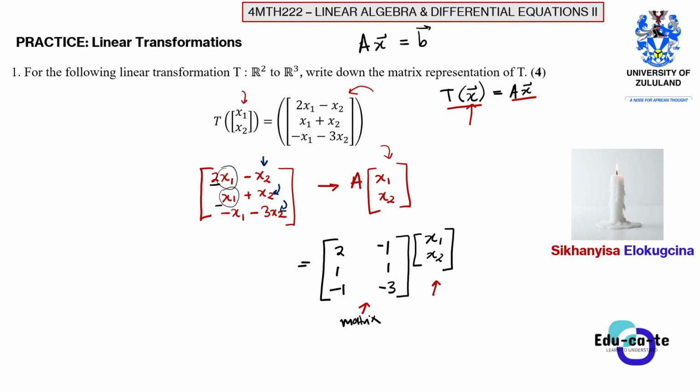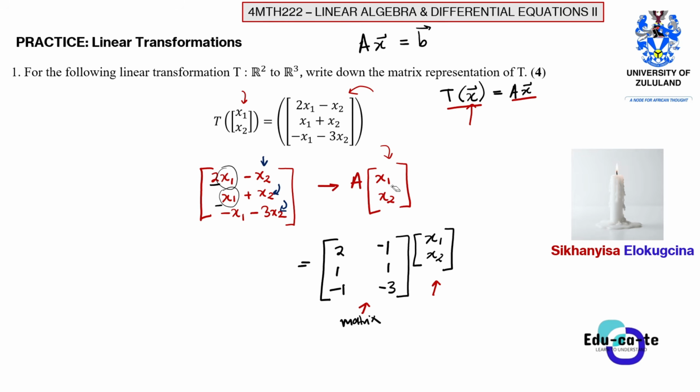And then using that trick, you just need to recognize that you have x1 and x2. We have 2 entries in this vector. So it simply means that we must have 2 columns. Each column is for each coefficient. For x1, it will be the first column. For x2, it will be the second column.